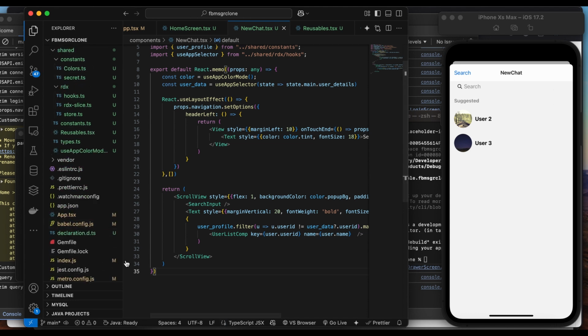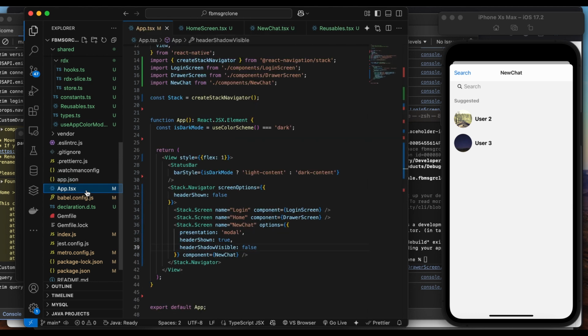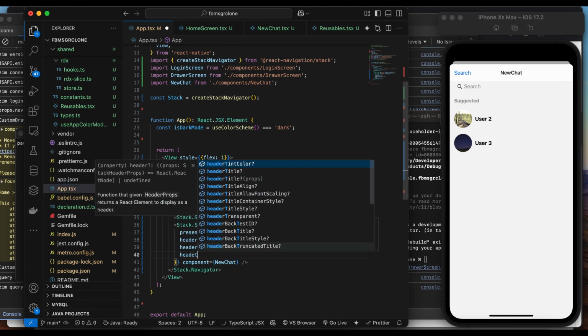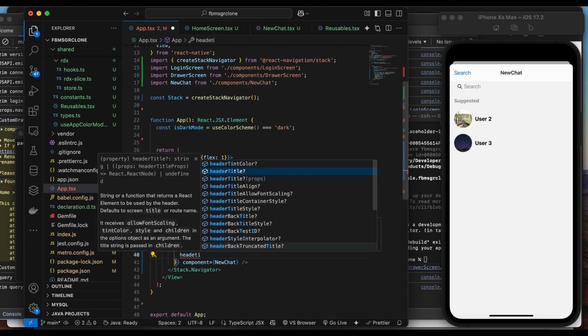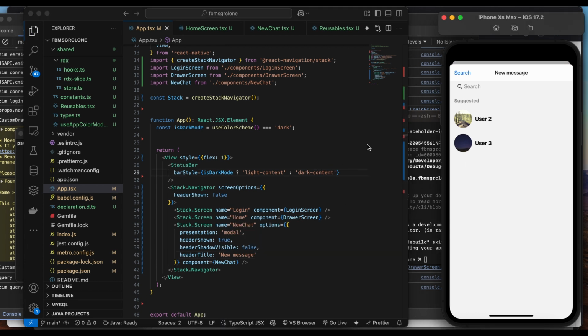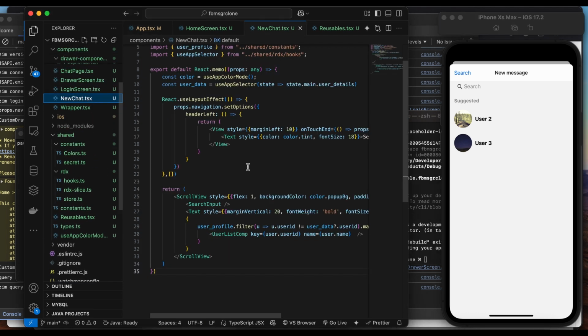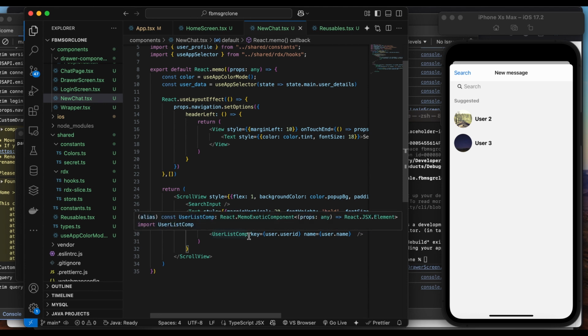So let's add a header title to it. Yeah, nice. Now if we click on that,